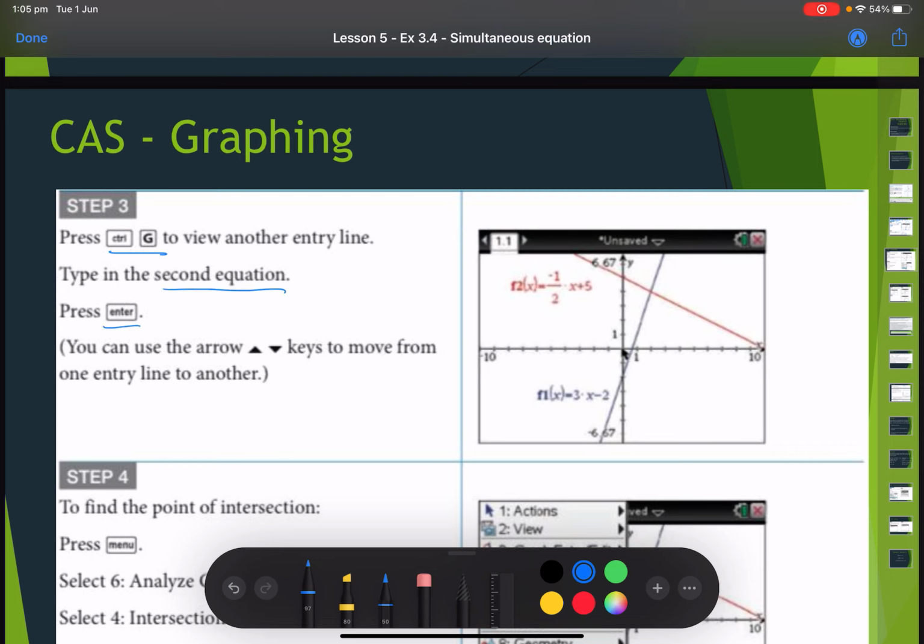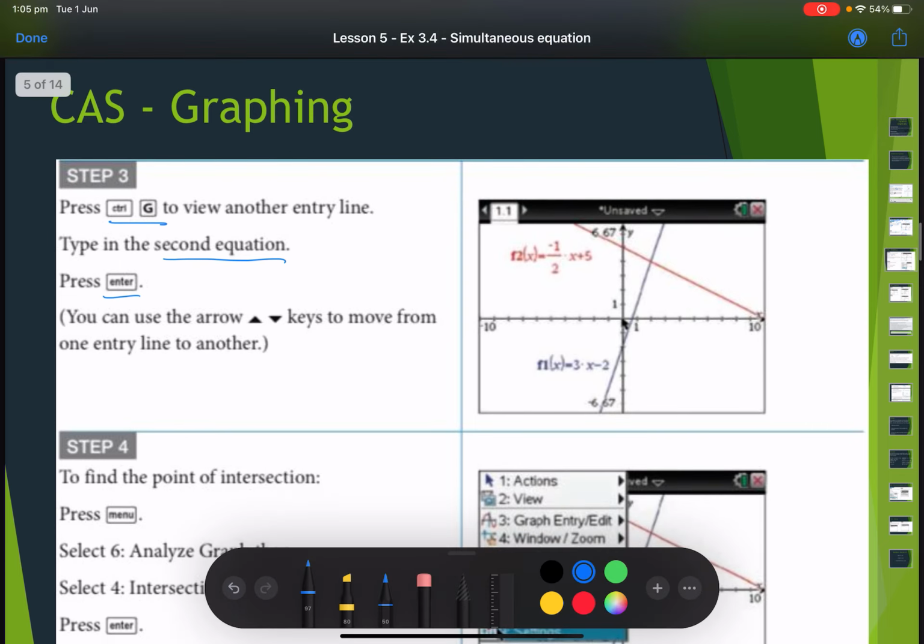So you can use the up down arrow keys to move from one entry line to the other, but what you should end up with is two lines, okay, like this. So both of the graphs are there for you, and what we're trying to find now is this intersection coordinate. So in order to do that, once you've put both of your